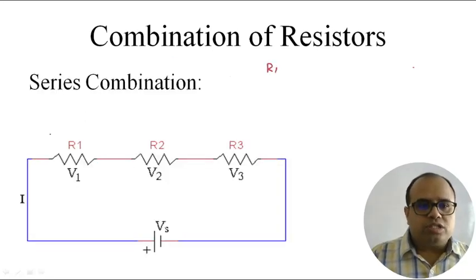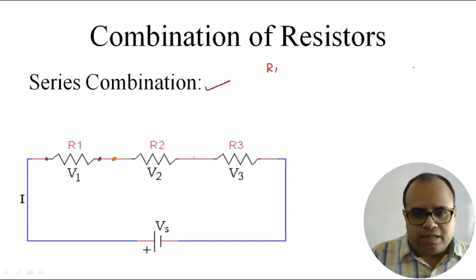Okay, so the first way is shown here, series combination. Let's try to understand this. Now see, in series combination, this is the first arm of the first resistor and this is the second arm of the first resistor. What is done here is, as you can see, that the second arm of the first resistor is connected with the first arm of the second resistor. Then the second arm of the second resistor is connected with the first arm of the third resistor and so on.